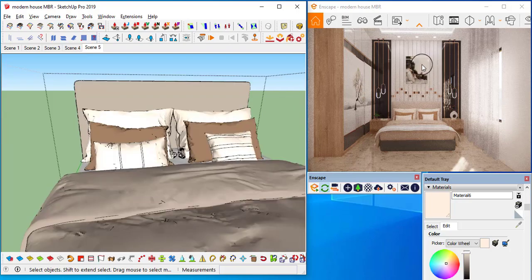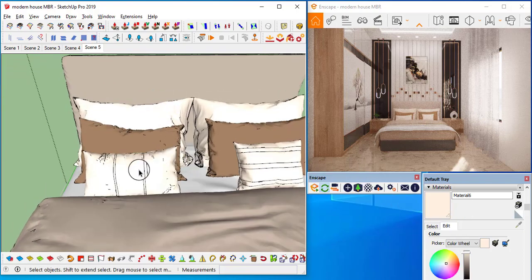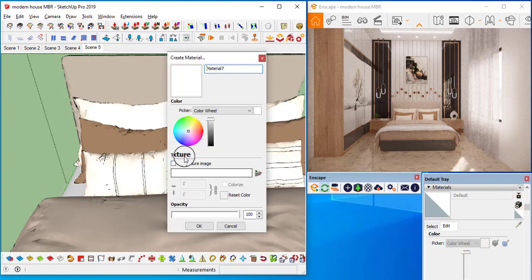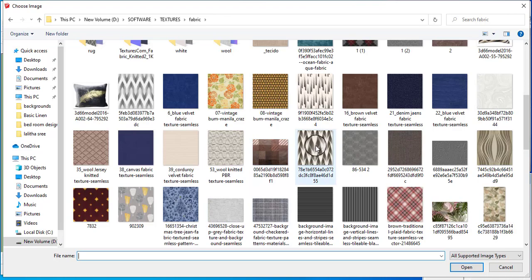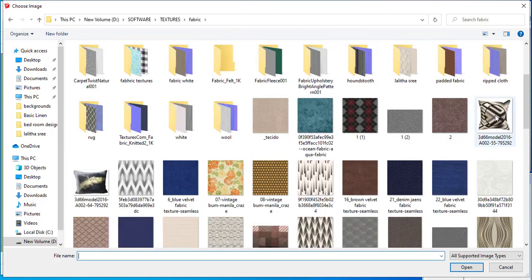Here you can observe some design is going on and it is entirely plain. So if you use some textures here, it will fill the scene. That's why on this one I am going to use it. I will create a new material. I will use this one, or here we have other pillows also, but black may not suit over there. That's why I am using this one.